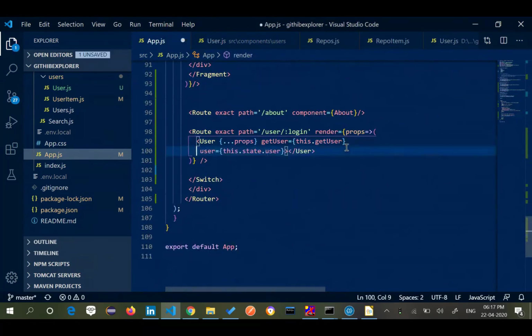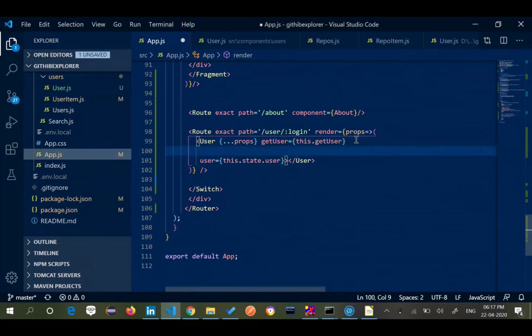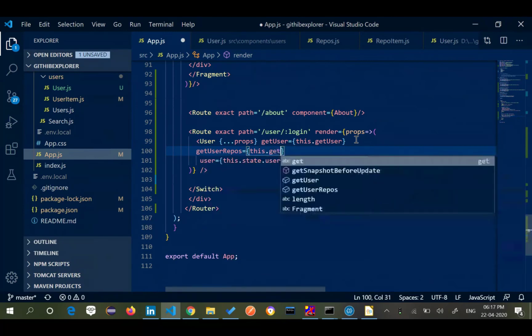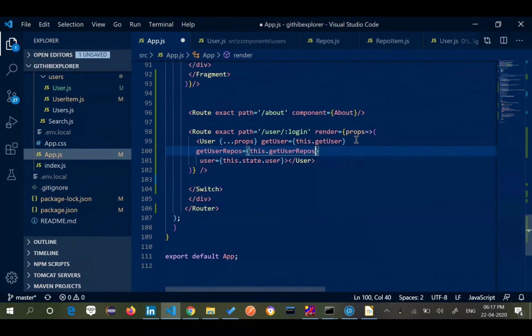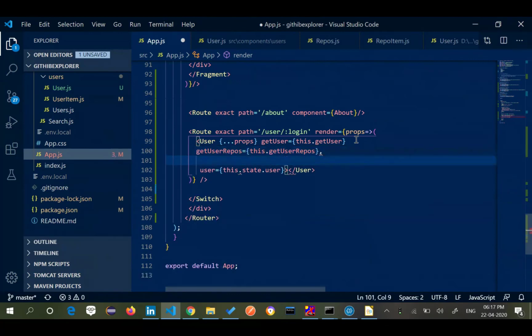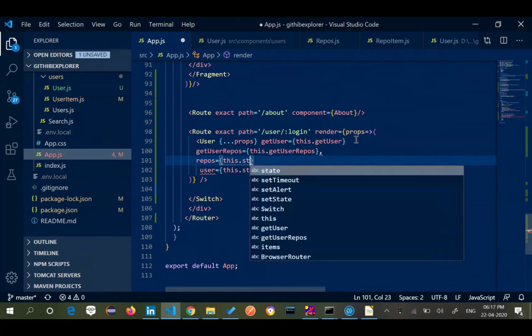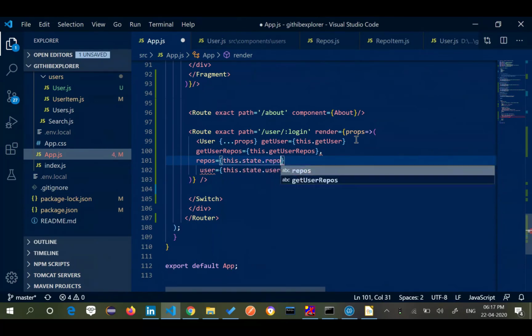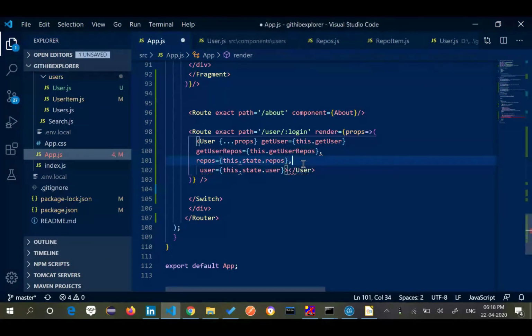So this is my getUser, and I'll add getUserRepos is equal to this.getUserRepos, and repos is equal to this.state.repos.